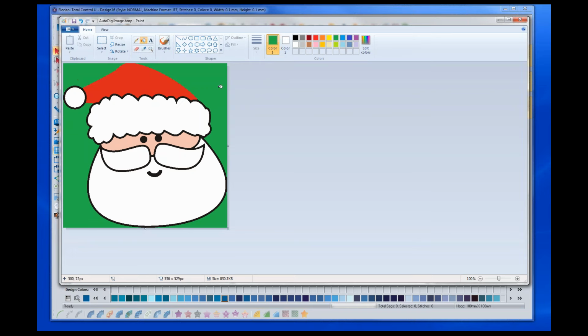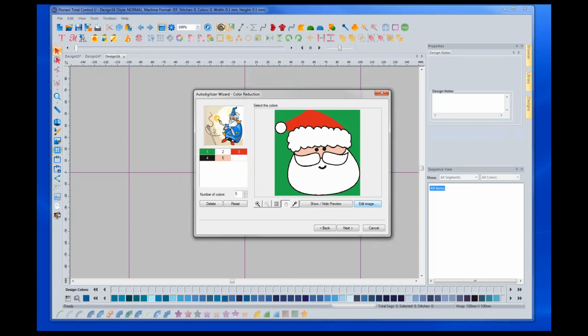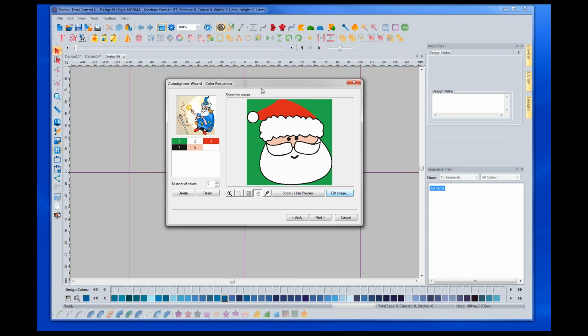I'm going to make sure that all that background is green, leaving the white in the middle, and I'm done. That's all I want to do to this design, just make that background a color other than what's used in the design. Once I have that, I can just hit X to close it, and it's going to ask me if I want to save it. It's only going to temporarily save it, but you want to say yes so that it will load it back into the software. So if I hit save, notice how it comes right back up into the software, and it